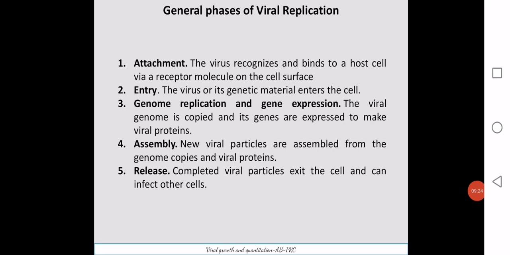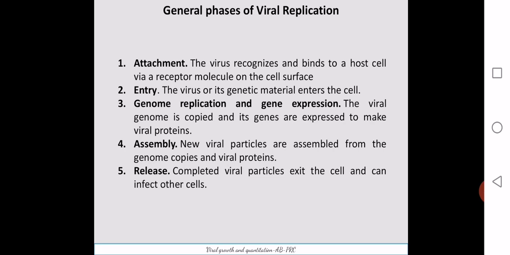When we talk about the general phases of viral replication, as already stated, these are obligate intracellular parasites, and they do not have any replication machinery or any enzymes or proteins required for their multiplication. So how they do this process is, as already stated, they utilize the machineries, enzymes and proteins from the host system. So for that, they need to enter the